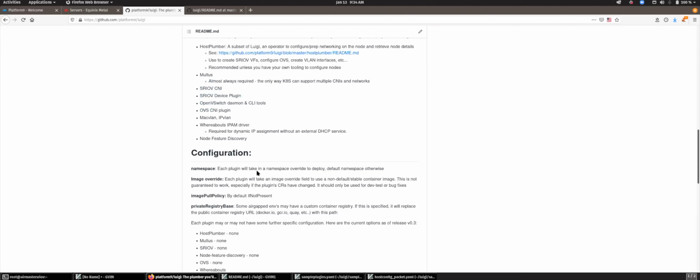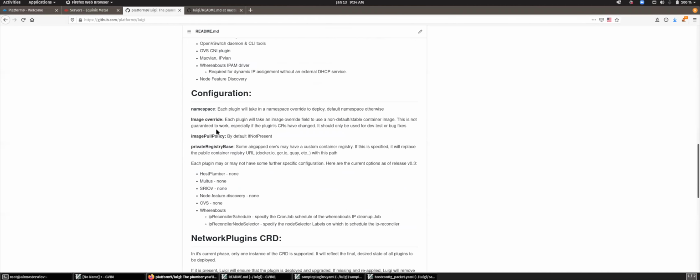You don't have to worry about what version you want either. But if there is a later version that you want, or let's say you're in a dev test environment and you're actually testing these CNIs, or you want to get a bug fix, you can override it with a custom image. This still would not be supported. Use it at your own risk in case the CRs have changed for those plugins themselves.